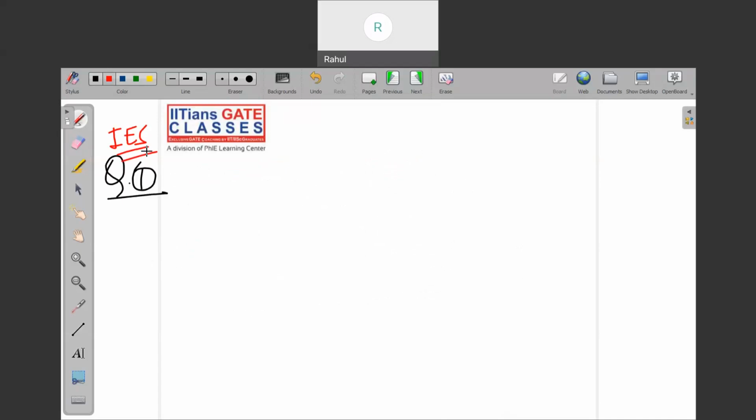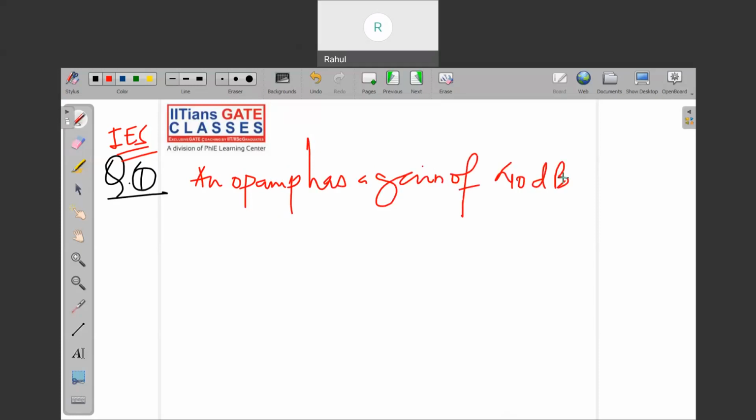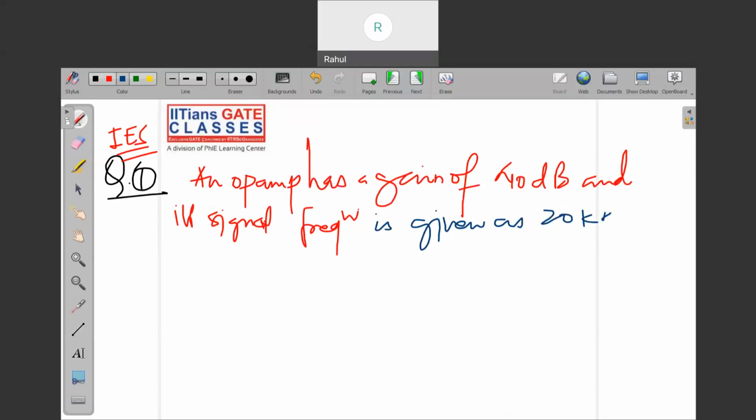An op-amp has a gain of 40 dB, and the input signal frequency is given as 20k hertz. What is the maximum value of input